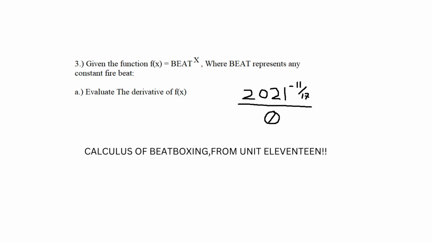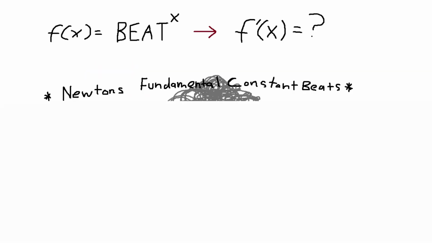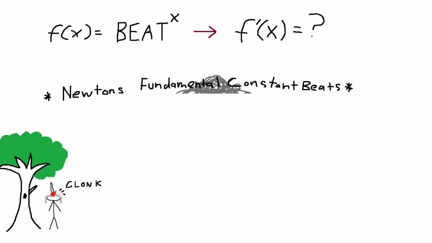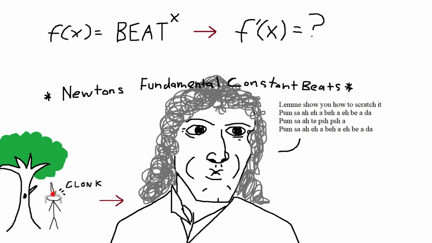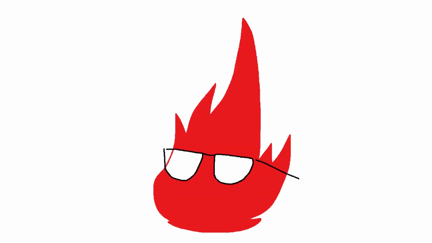we can see that this problem covers a topic, the calculus of beatboxing, which is very briefly brushed upon in Calculus AB. To begin solving for the derivative of beat to the x, one first must recall Newton's fundamental constant beats, which came to Newton after the beatboxing tree dropped an apple upon his head, which blessed him with extraordinary hip-hop and beatboxing ability. He, of course, released this fundamental constant beats theory as a footnote when he invented literal calculus. The simplest solution to this problem is to use Newton's classic calculus beat, which he was often called beatboxing when deriving complex equations. This classic calculus beat, of course, being